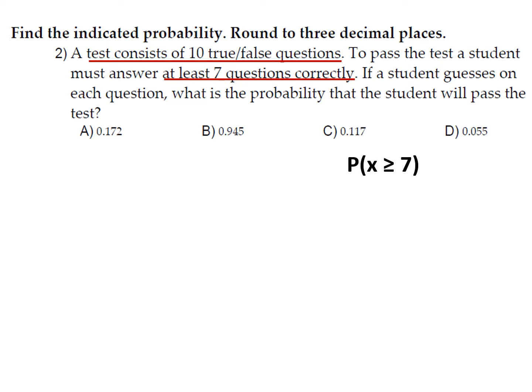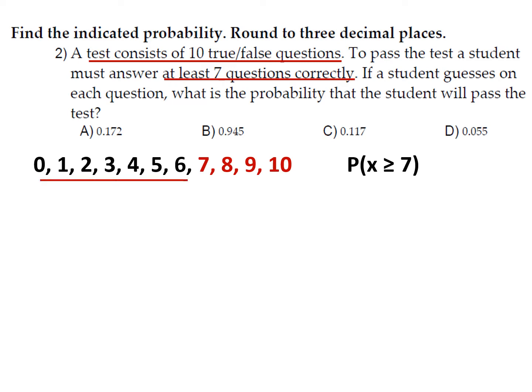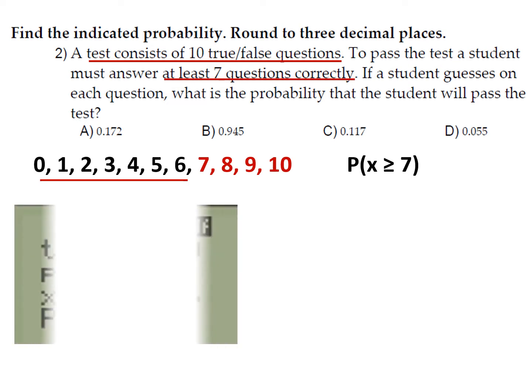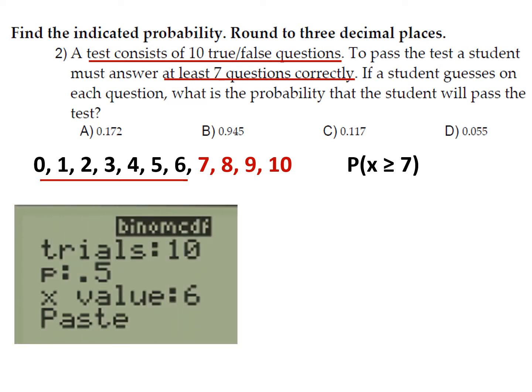All right, at least 7 is x greater than or equal to 7, which is 7, 8, 9, or 10. Yes, I could solve for the probability of exactly 7, exactly 8, 9 and 10 and add these 4 together, but I would much rather find the probability of the complement, which is 0 all the way through 6, and then subtract that from 1, and then I'll have what I'm looking for, 7, 8, 9, or 10. So the first thing I would do is put 1 minus, then I would go to binomial